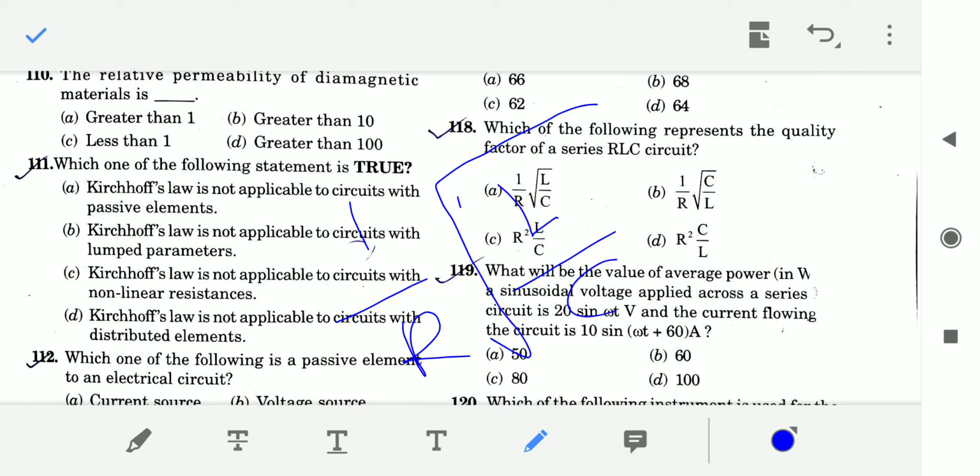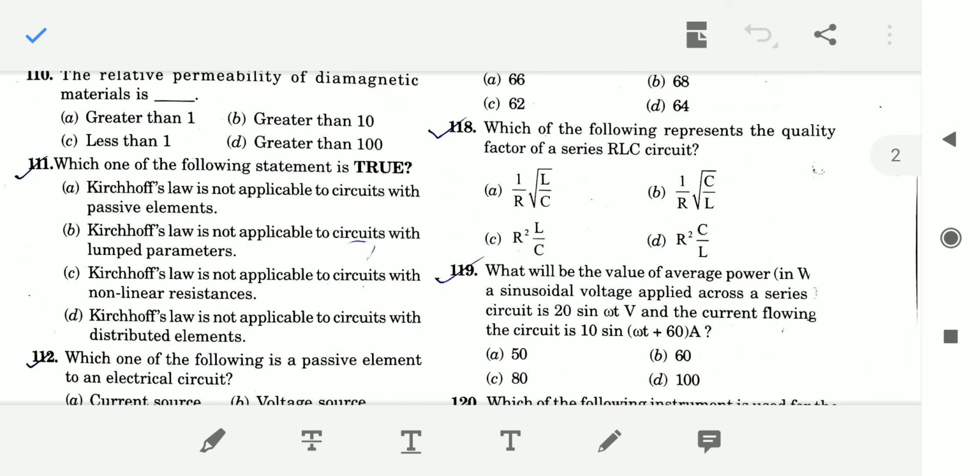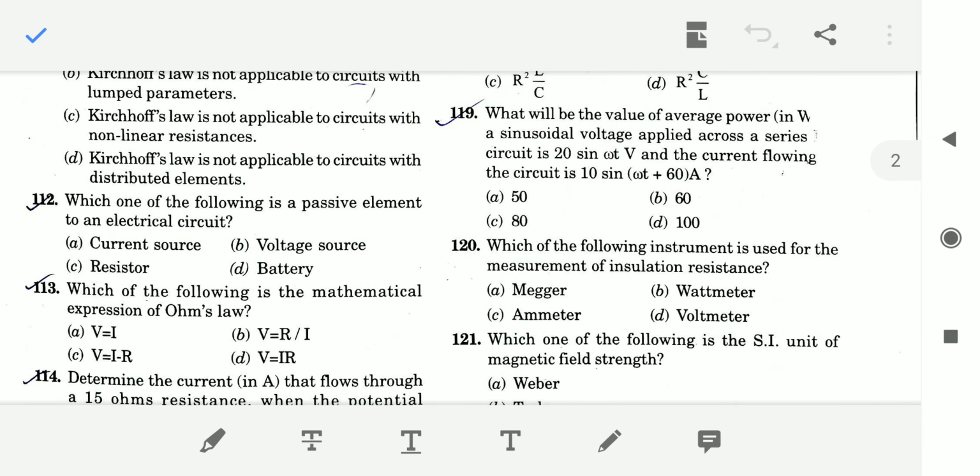Okay, so answer will be option A. Option A. And coming to question number 119. What will be the value of average power in watts